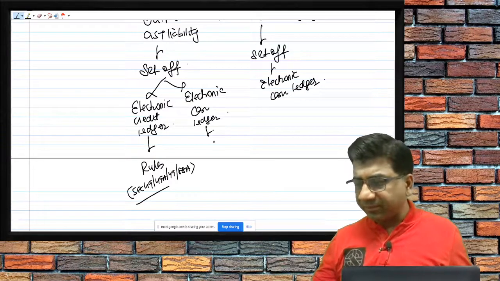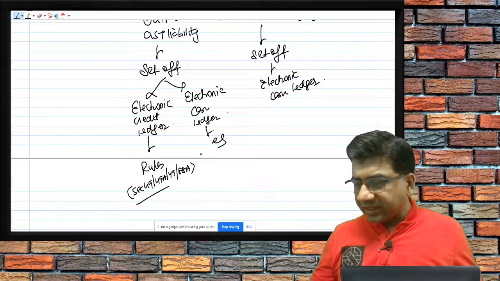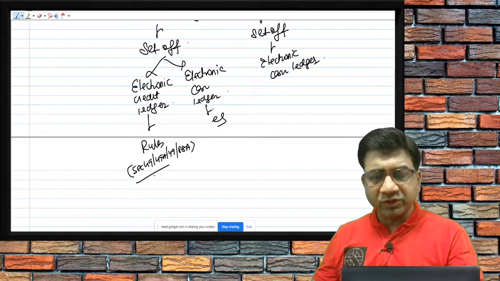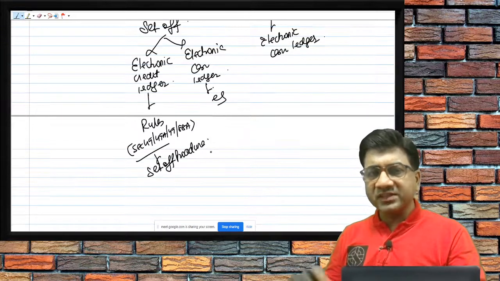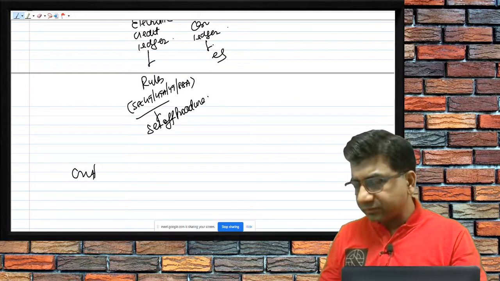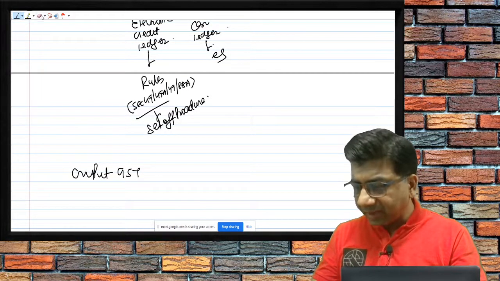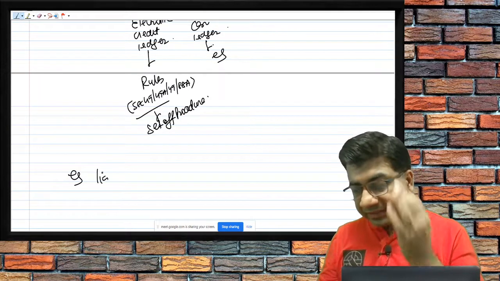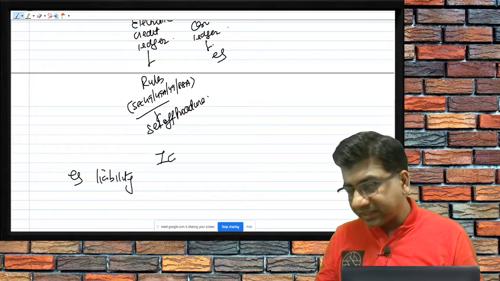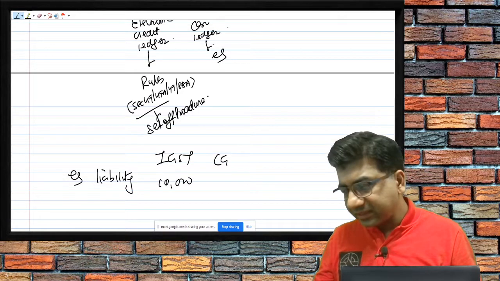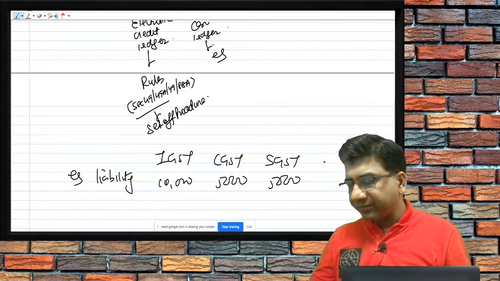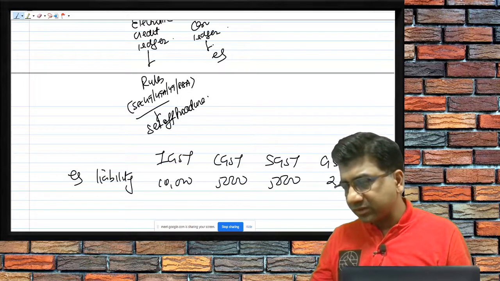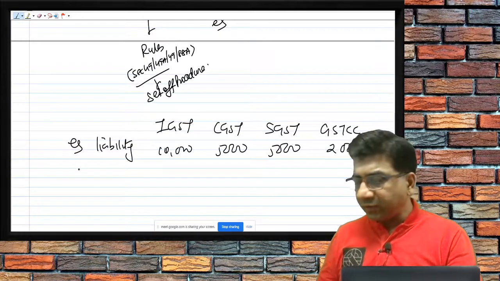Just to give you an example, there is a set of procedure we know, which credit has to be used first. For example, my output GST liability is as follows: IGST 10,000, CGST 5,000, SGST 5,000, and GST compensation cess 2,000. There is no interest which I am liable to pay. I have no ITC,